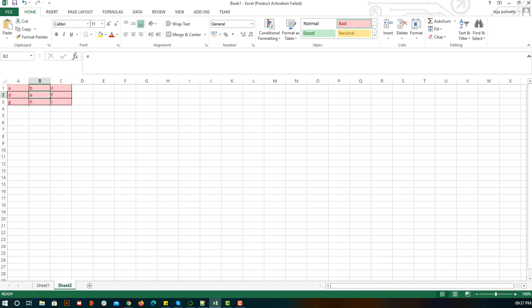If I click on E, it says B2. So in B2 the value is selected. Now in programming languages, we tell the row number first, whether it is 1, 2 or 3, and then the column, whether it is A, B or C. I hope this is one of the best examples I can give to tell you what a matrix is.